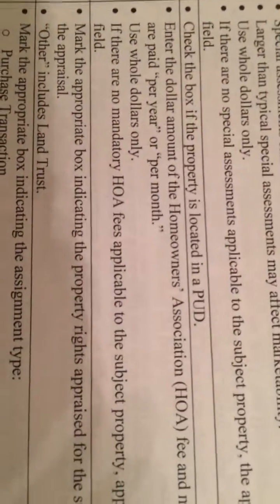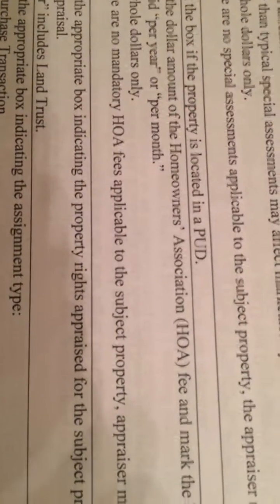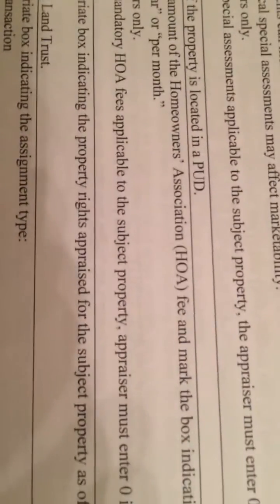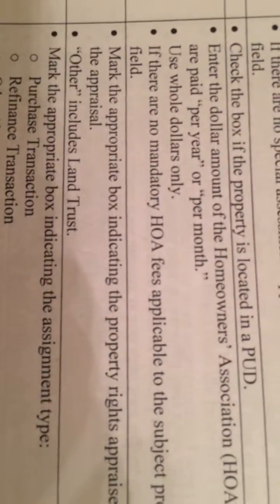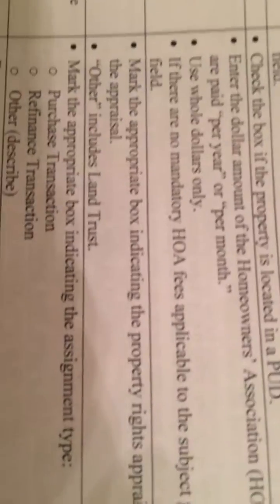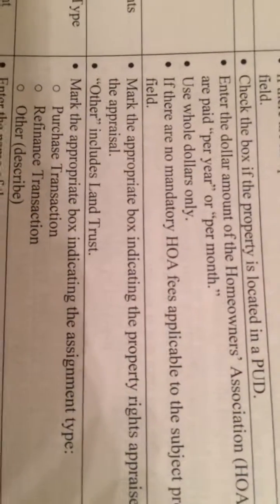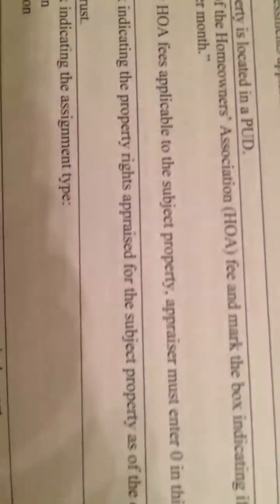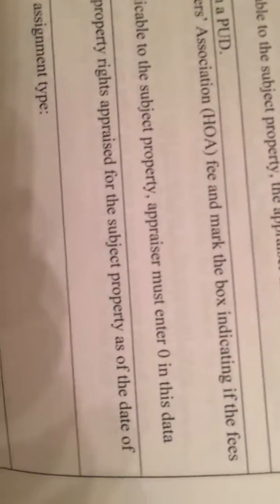HOA. Money. Enter the dollar amount of the Homeowners Association HOA fee and mark the box indicating if the fees are paid per year or per month. Use whole dollars only. If there are no mandatory HOA fees applicable to the subject property, appraiser must enter 0